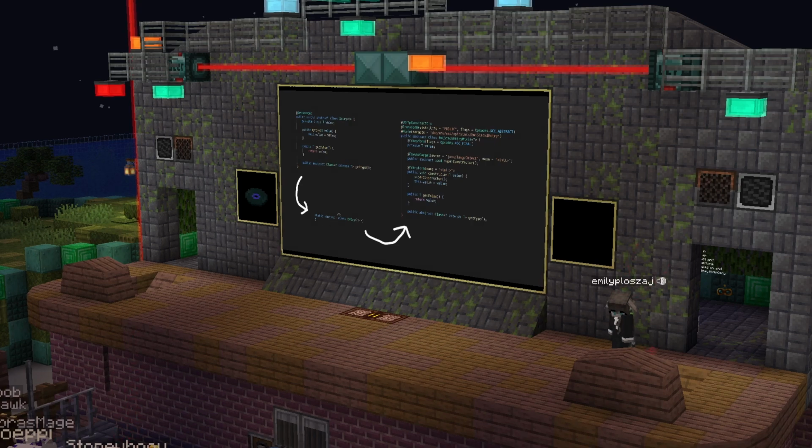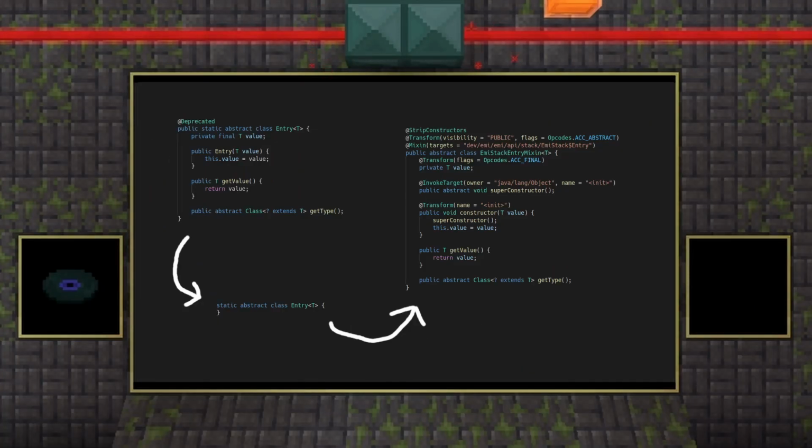Here I use the same process as before. Remove everything from a class, then put it all back with the transform at @invokeTarget. In this instance, I use the flags field for the transformer to do stuff like make a final field or make a class abstract. But this is a special case. This was a superclass for several other types that I'll be doing this with, so I need to add a new annotation.